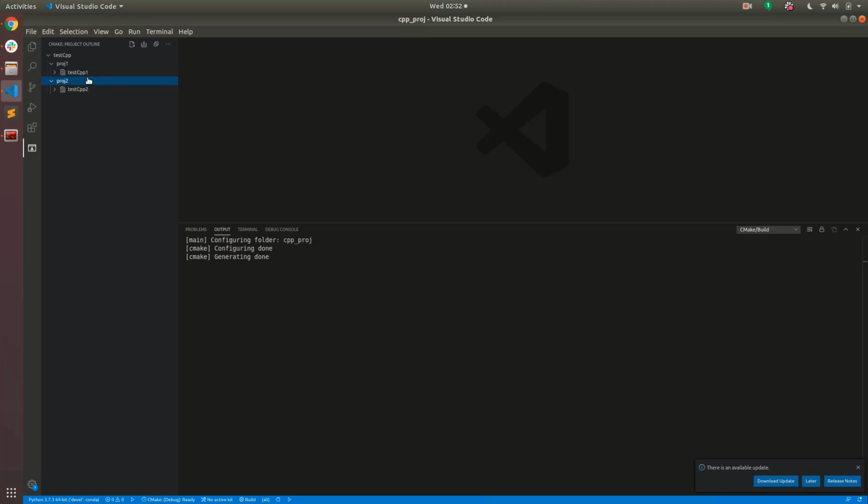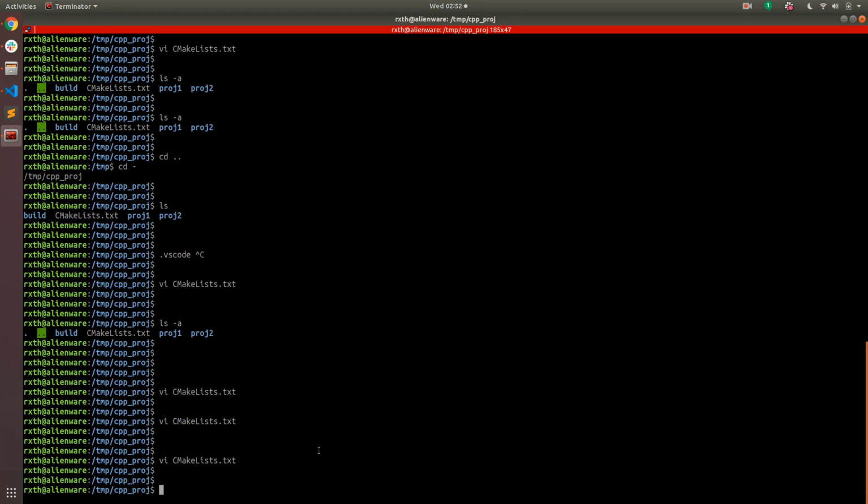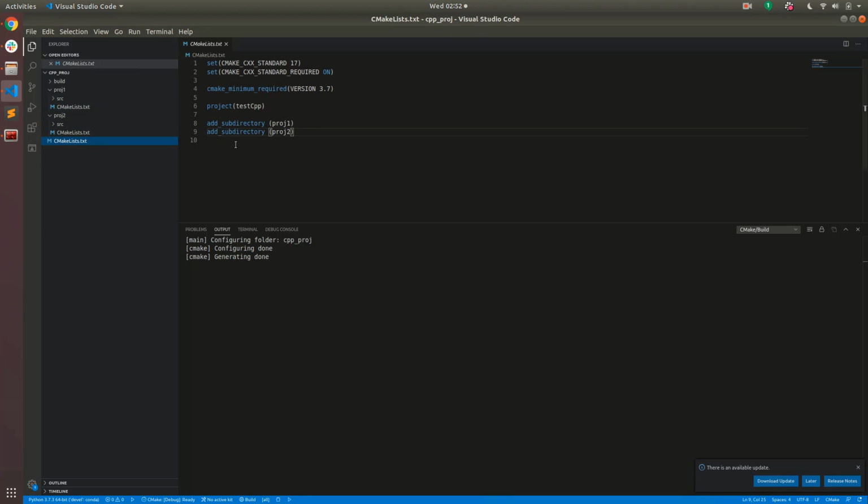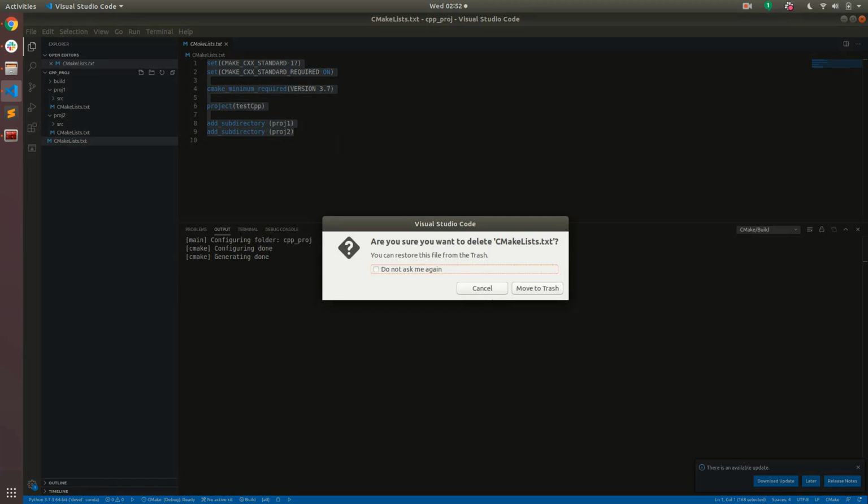As a final note, I want to get rid of this top level CMake and show you what happens when that is done, because now VSCode will not be able to find the top level CMake, and it needs to find the independent CMakes of these projects and compile these projects just based on the independent CMakeLists files. So let's copy this, and let's get rid of this folder altogether. So I delete that,